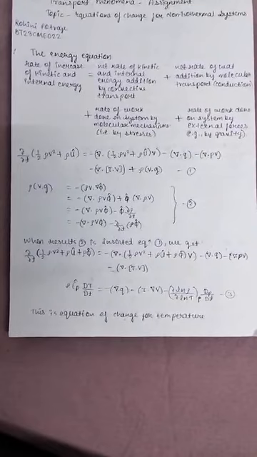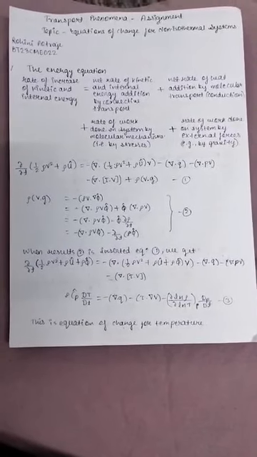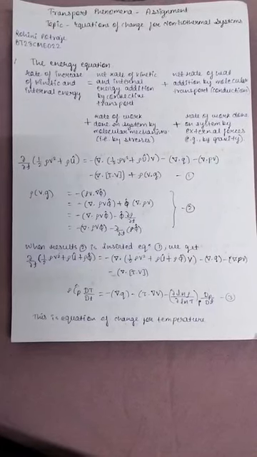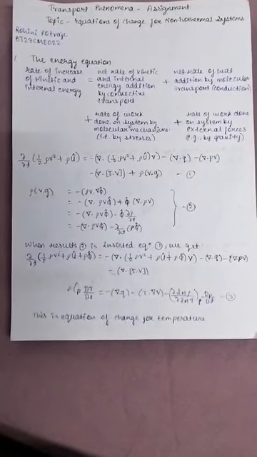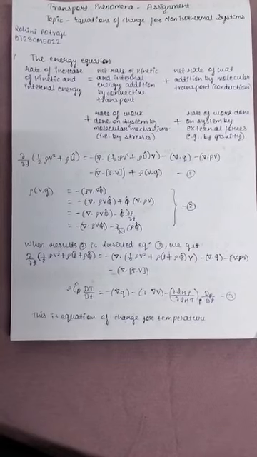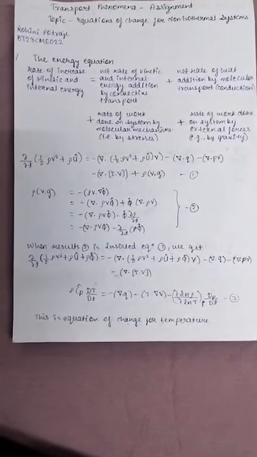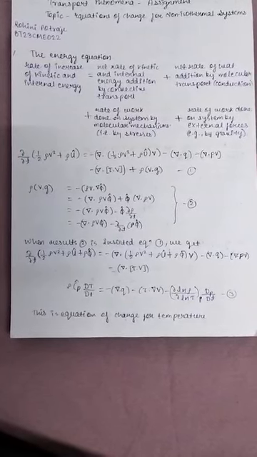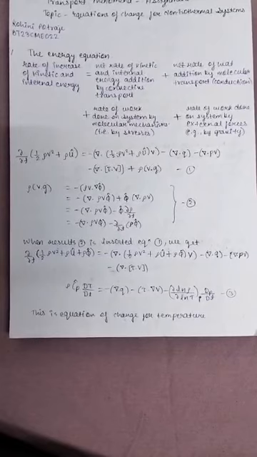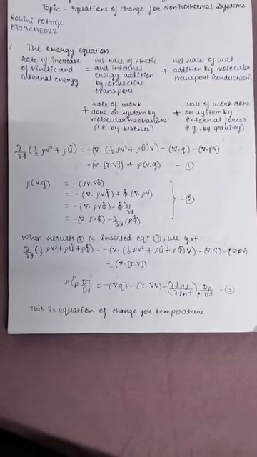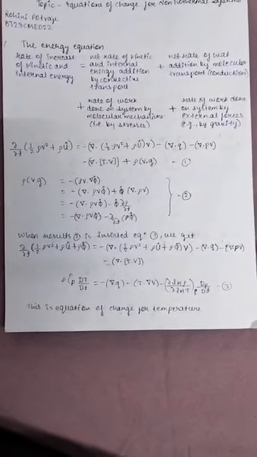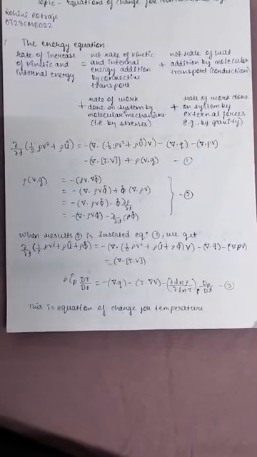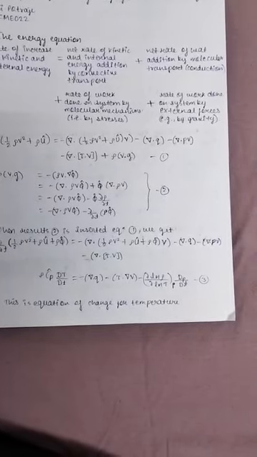It says that the rate of increase of kinetic and internal energy of a fluid element equals the net rate of kinetic and internal energy addition by convective transport, plus the net rate of heat addition by molecular transport, which is conduction, plus the rate of work done on the system by molecular mechanisms, that is by stresses, plus the rate of work done on the system by external forces, for example by gravity. Mathematically this is written as